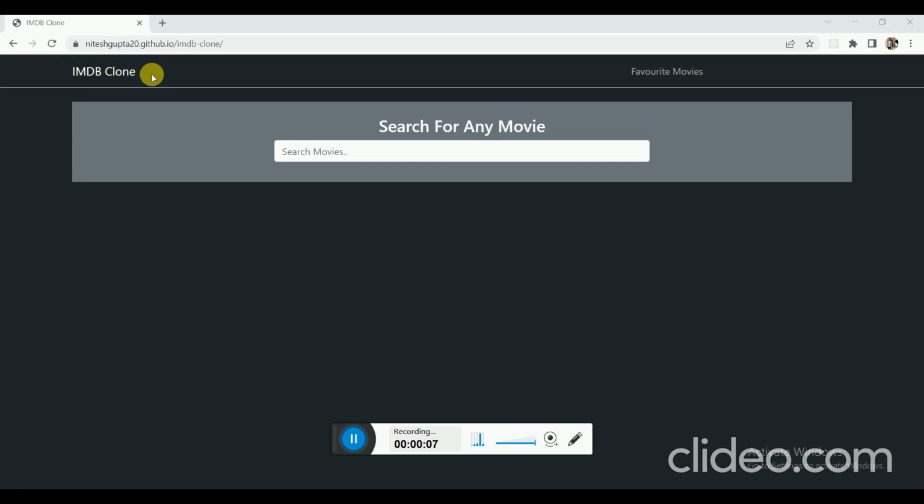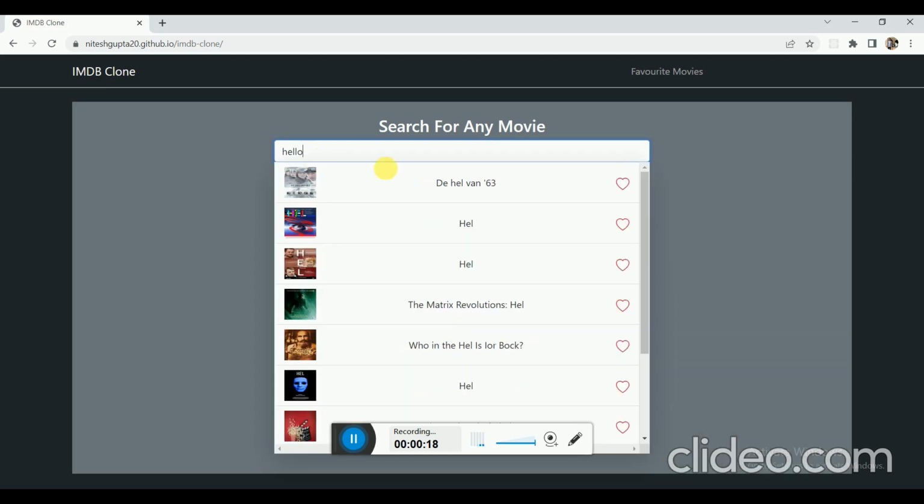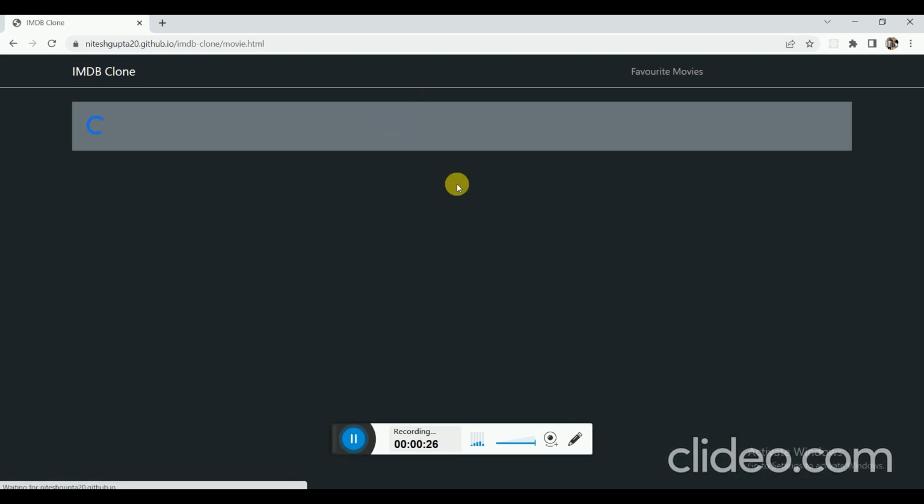So let me show you how this will work. We can search for the movies here, and it will update the result for every key up event. Let me type hello. It will show all the movies. These are the buttons to add the movie to the favorites, and when we click on any particular movie it